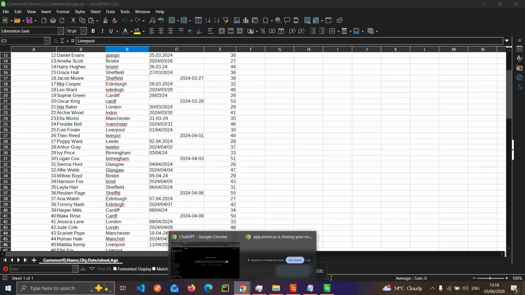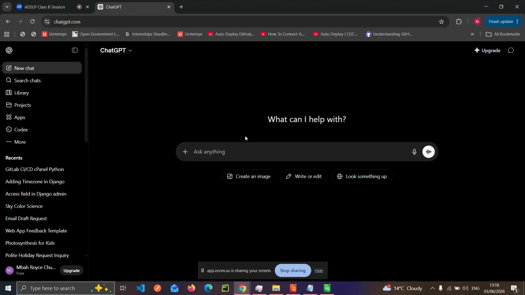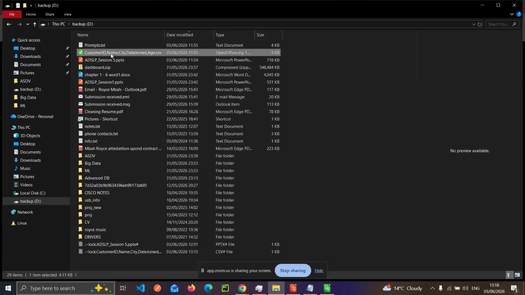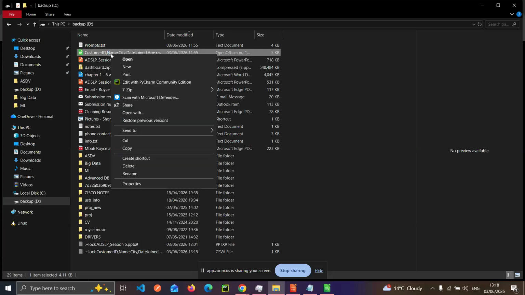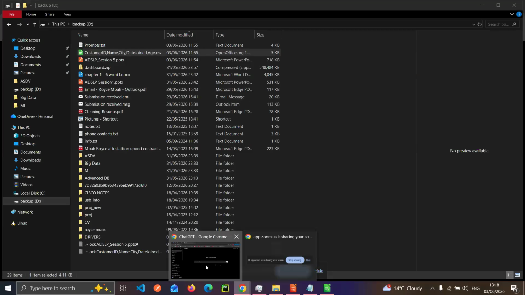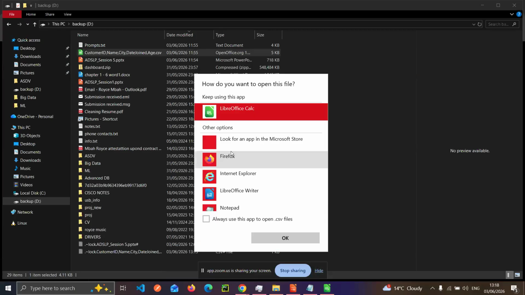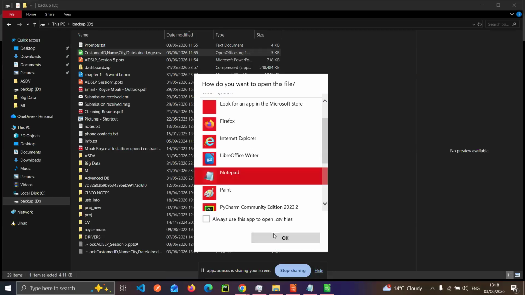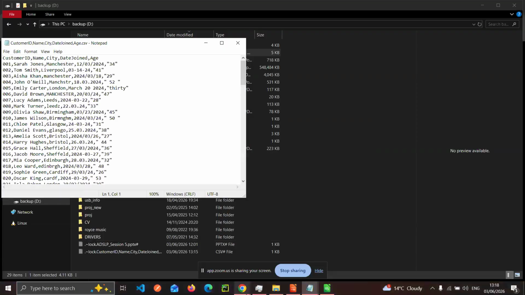So the first thing is we have to upload the data into whatever AI tool we're using. And for me, I'm using ChatGPT. There are several ways to do this. For ChatGPT, I just want to open with Notepad because I want to copy and paste.